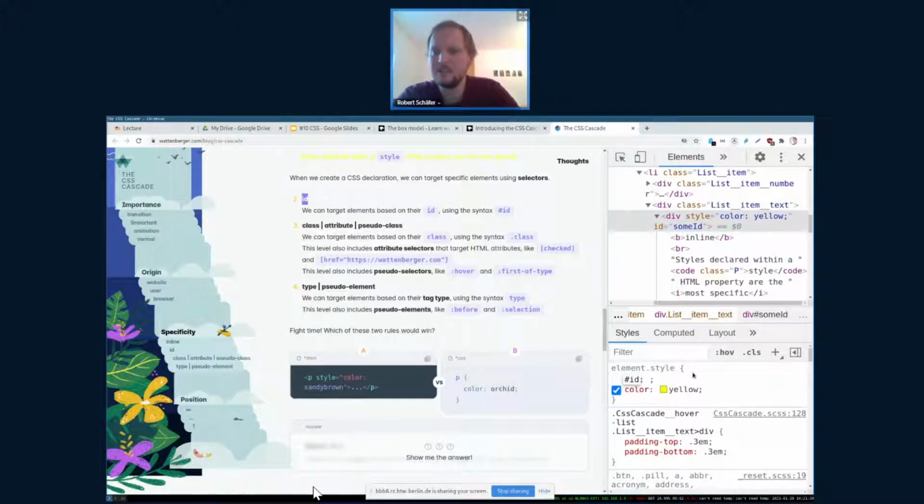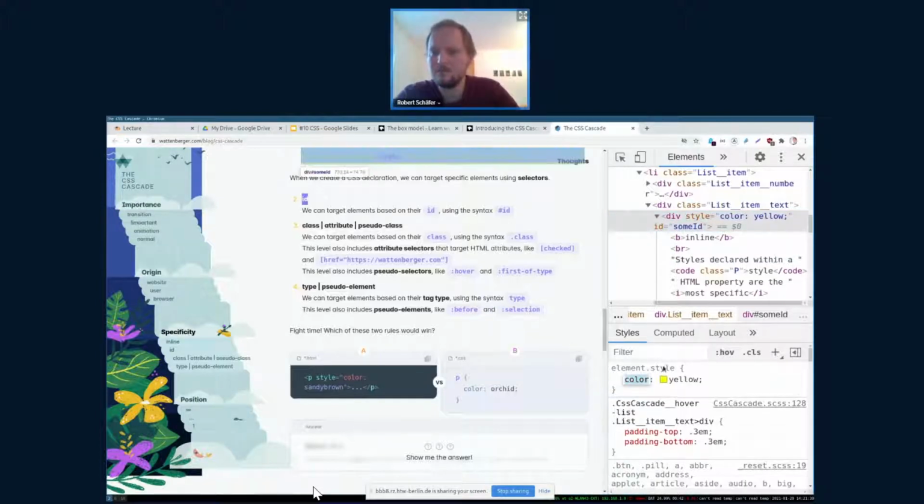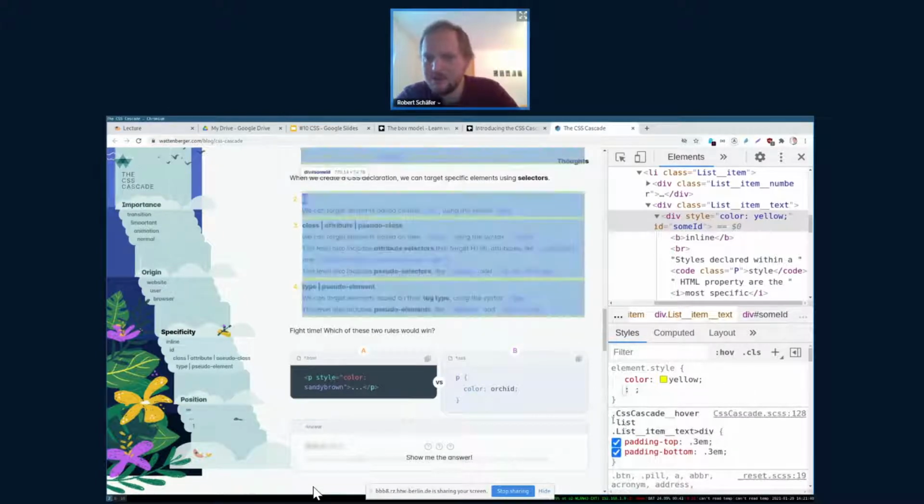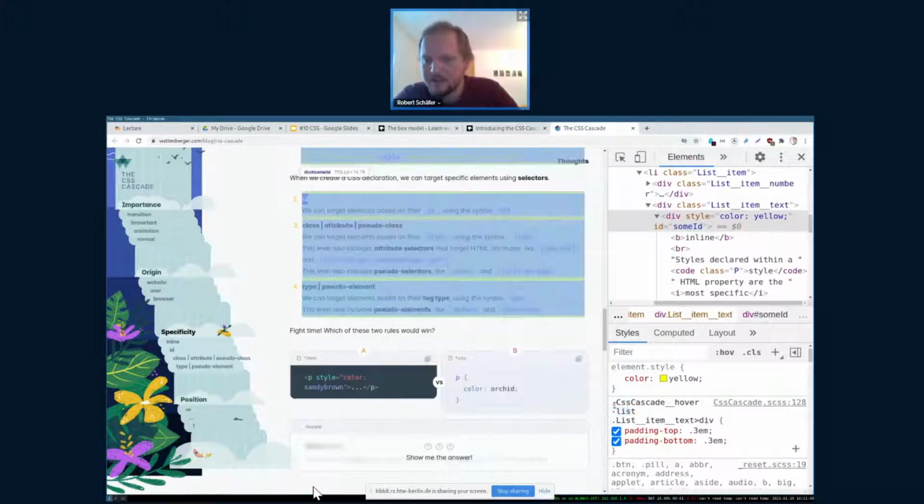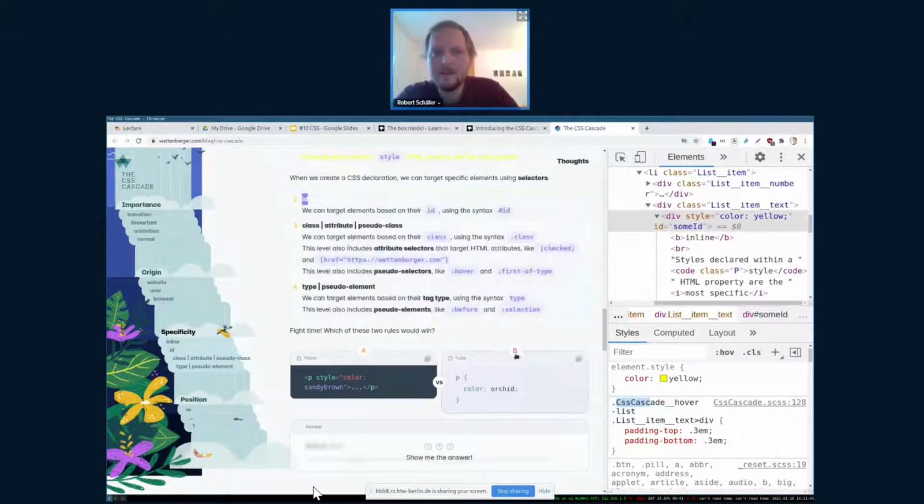Can I write CSS selectors like here, just like that? Probably not. I can add CSS rules here, but you see a CSS selector, for example, here. So this is a class which has a dot, which